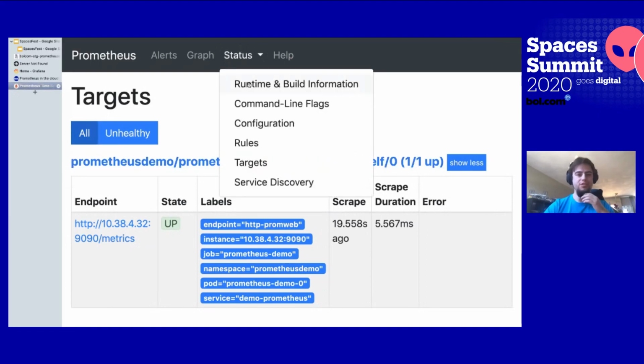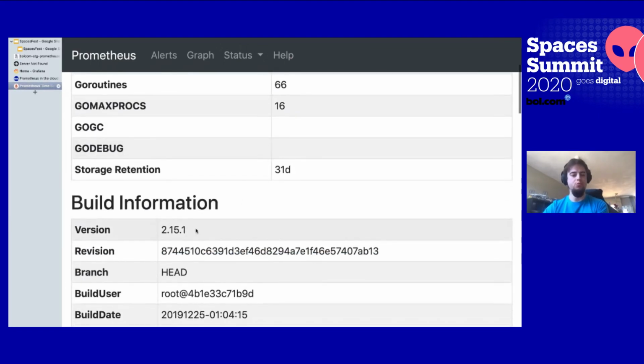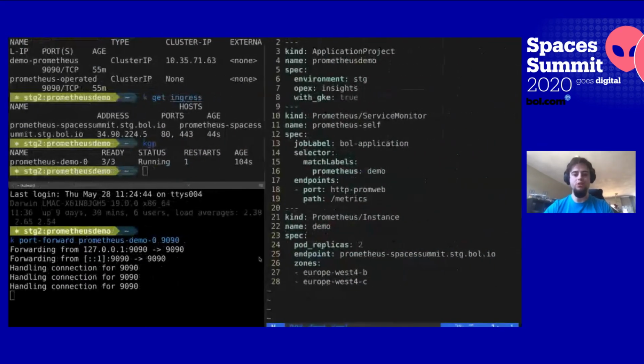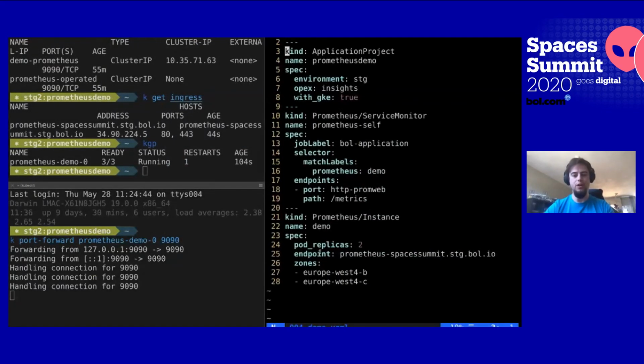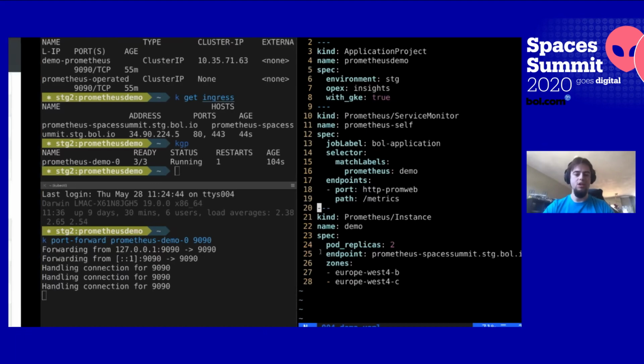One of the things we also get from doing this is that currently I'm running this demo on version 2.15.1. If you do it this way, you can see that in the spec, I never actually specify which version I'm using. Unless you have a specific reason to pin the version, we're going to silently upgrade stuff for you,